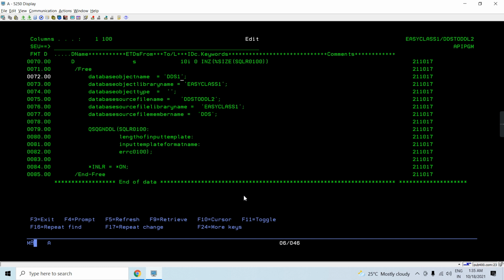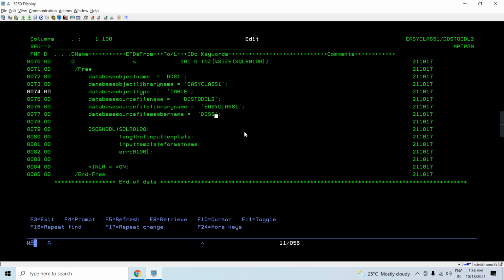So we are going to generate the DDL source for this object, which is in this library, and the object type would be, let's say, table. We are going to generate this in the DDS to DDL2 source physical file, and the library is this, let's say,